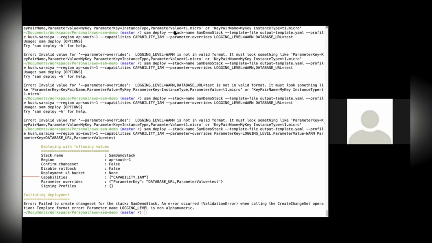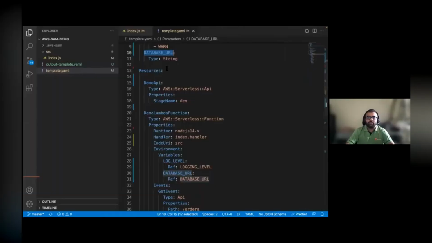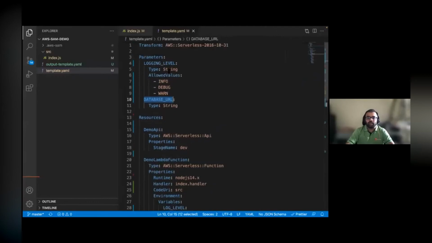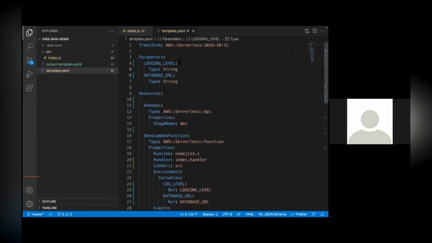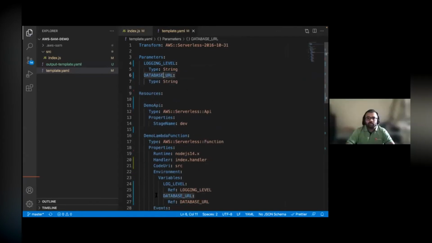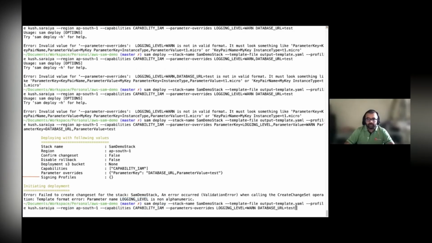But why was it not working? No, I think it's not that. I think it's the logging level that is an issue. Or let me just remove this, see what happens. Because logging level database, because I think it didn't. This is non-alphanumeric, right? That's the reason. I think it was because of the allowed values. Then I'm going to